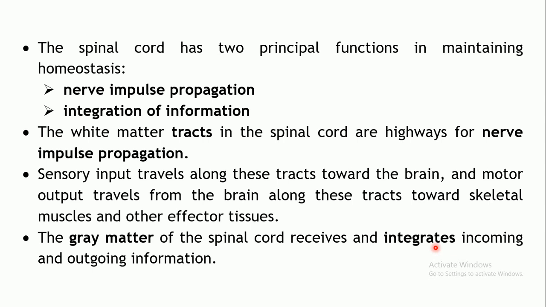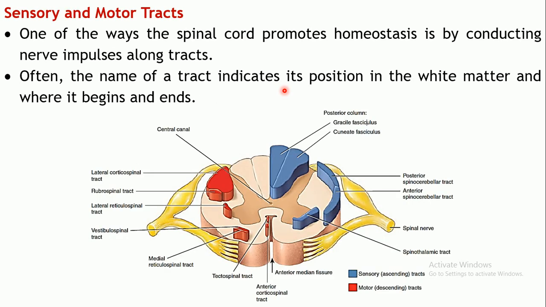Okay, so we shall consider both these functions in detail. We shall see how exactly the impulse is being propagated along the spinal cord. So what are those different areas? What are they called? And in which direction are they carrying what type of information? Okay, so there are accordingly two types of tracts, right? Because some information will be transmitted towards the brain.